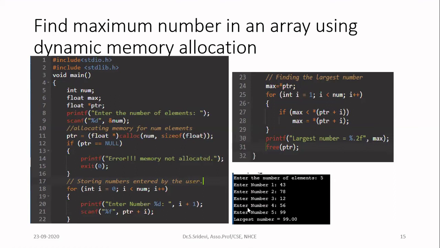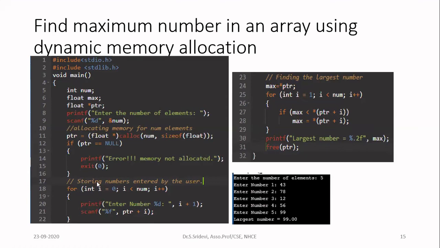Okay, so when you give ptr plus I, whatever data you are entering in your keyboard will be stored in the address pointed by this value, and it will be available there so that you can use it in a later part of your program. So repeat this loop until you get values for all the integers. After that, your input is ready.